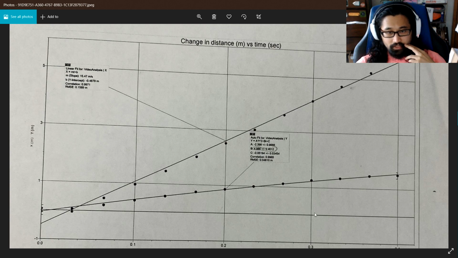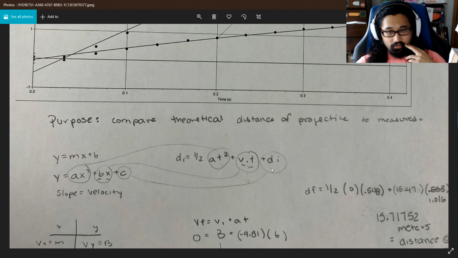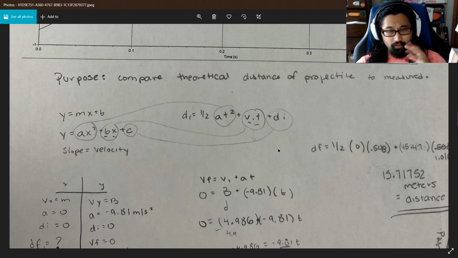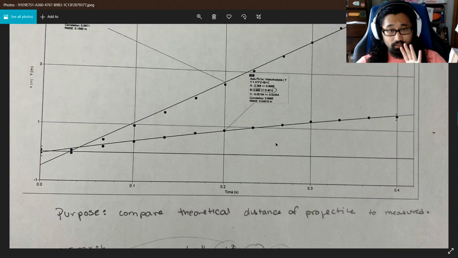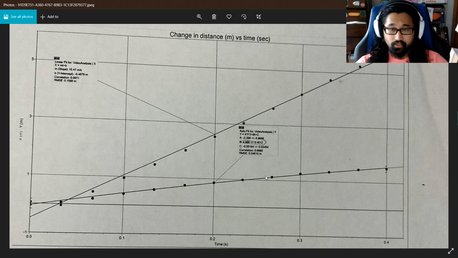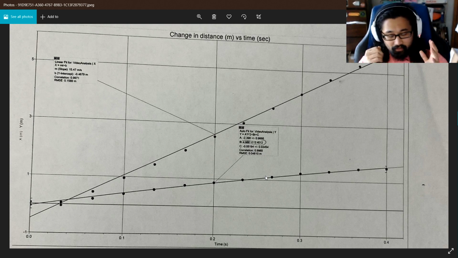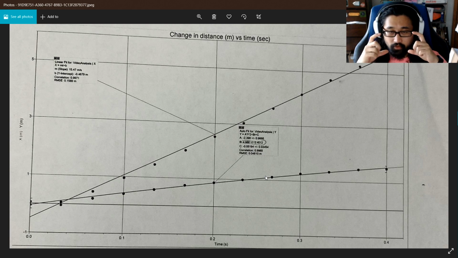Something is circled down here. You'll also see some math down here, which I'm going to explain. I'm going to talk you through the process of what we did during class. Basically, I asked them to do in groups is take a soccer ball, kick it in the air, and take a video of the ball. Track it as it flies through the air, and determine